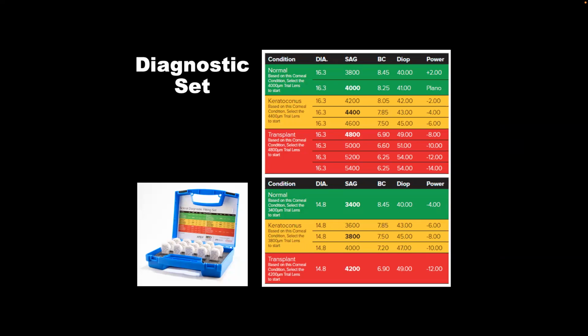So this is the diagnostic set. As you can see here, you have a good display, and actually this is a very useful table where to start, with what type of condition, with which SAG. Just remember that you have to specify the SAG when you order. You need to explain which SAG you tried on. Like, let's say you are ordering 4,000 microns of SAG, 16.3,